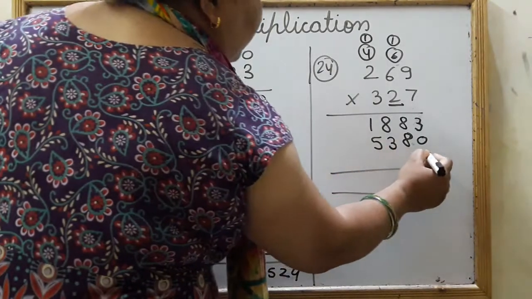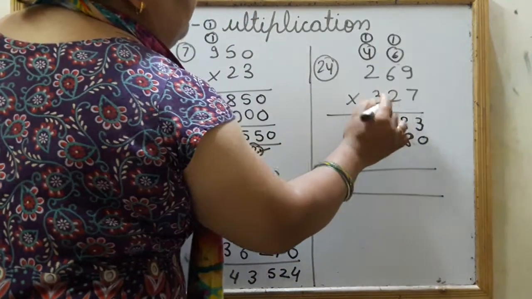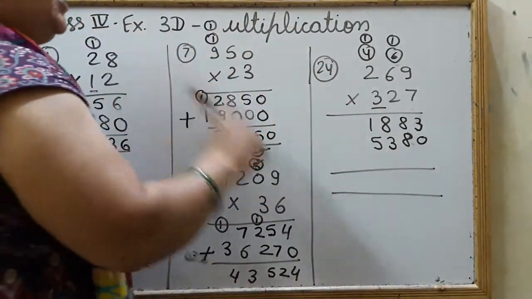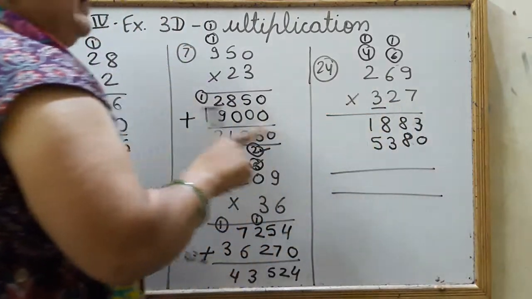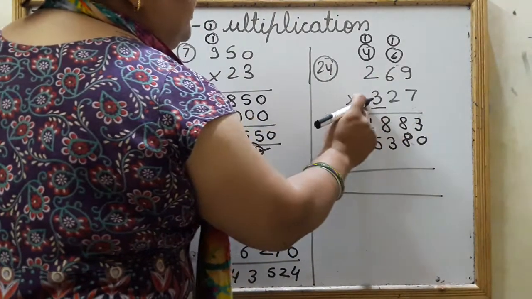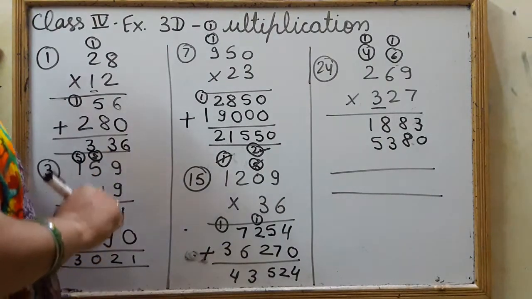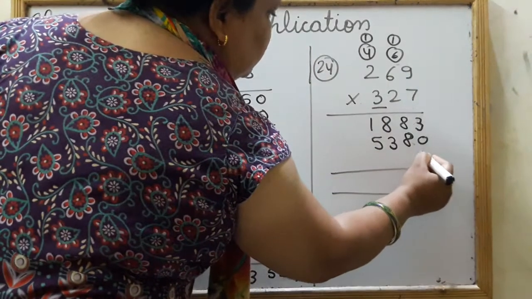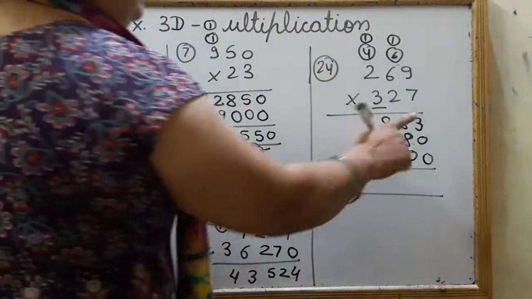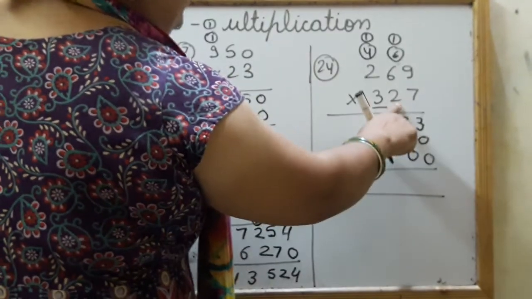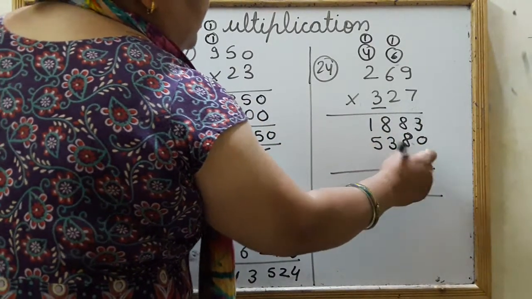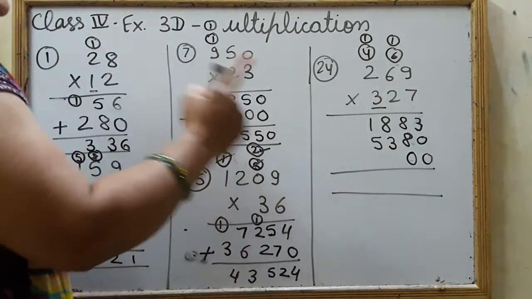Okay. Now we have to multiply by 3, and 3 is here on the hundreds place. So we are actually multiplying by 300, not by 3 only. We are multiplying this number by 300, and whenever we multiply by hundreds, what do we do? We put 2 zeros in front of the product. So we will write 2 zeros here. You have to take care. Here we will just simply multiply. If for tens number we put 1 zero, for hundreds number we have to put 2 zeros here. Okay. After putting the zeros only you will start multiplying.